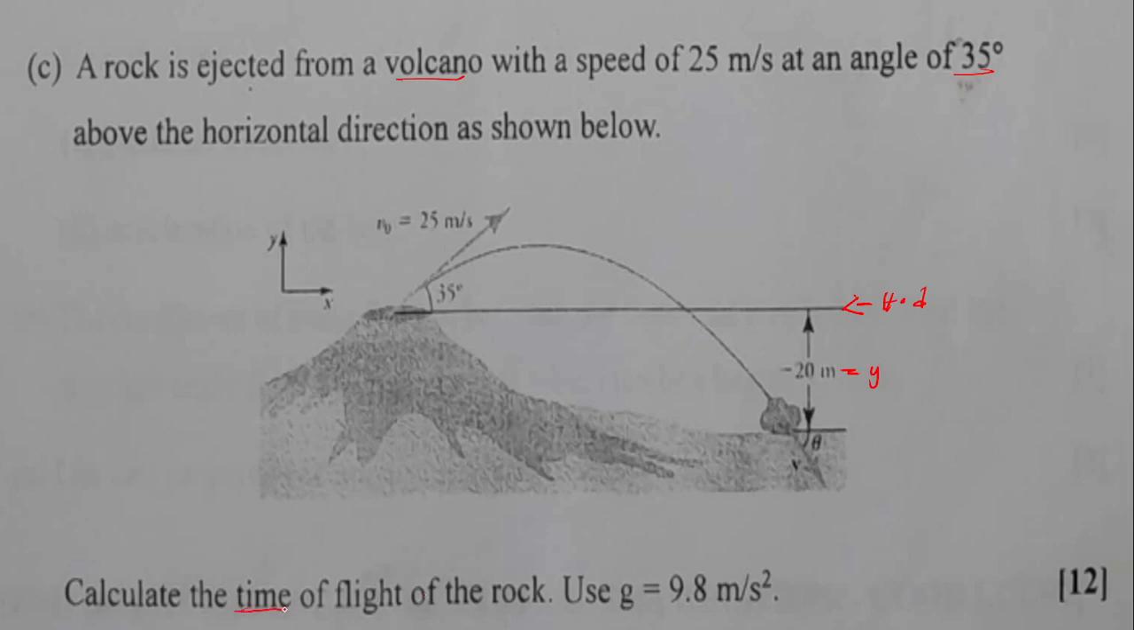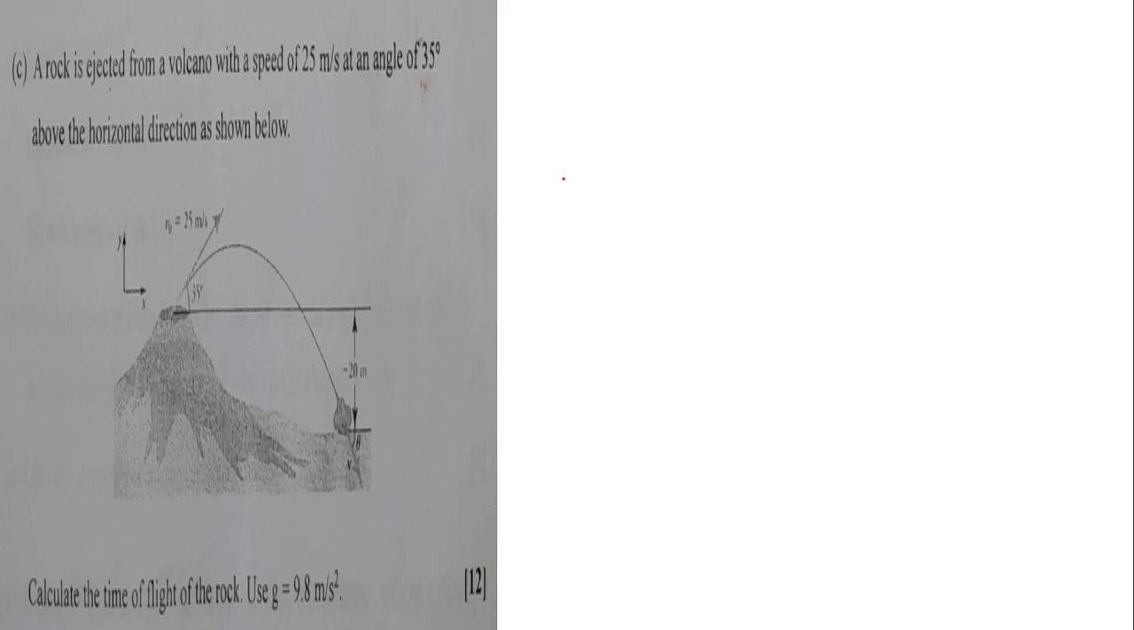Let's quickly do it and write our solutions. With this solution, we are first going to collect the data. The data in this particular question is as follows. The velocity is simply equal to 25 meters per second, and the angle theta is equal to